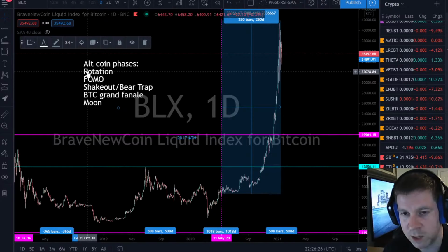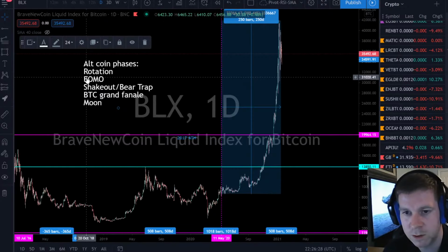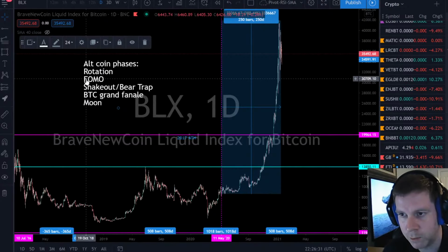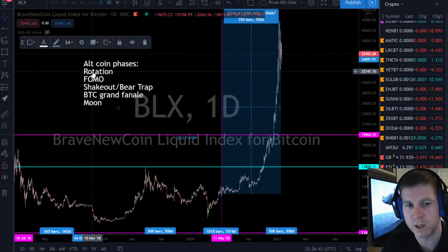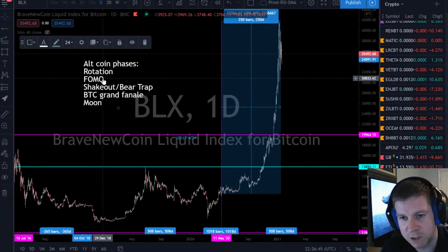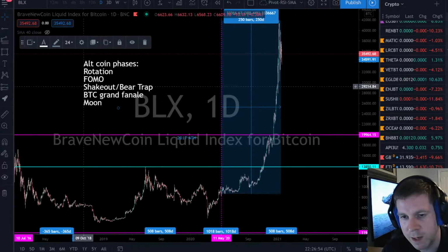You've got your rotation from Bitcoin into alts. Then, as Bitcoin finishes consolidating and makes its next leg up, in the last cycle anyway, we'll see if it happens this cycle or not, the alts were gaining strength versus Bitcoin as Bitcoin sold off in the rotation. And then as Bitcoin finished its consolidation and made another leg up, the alts went thermonuclear, or specifically Ethereum went thermonuclear and outran Bitcoin. And then when Bitcoin sold off, ETH sold off really big too,